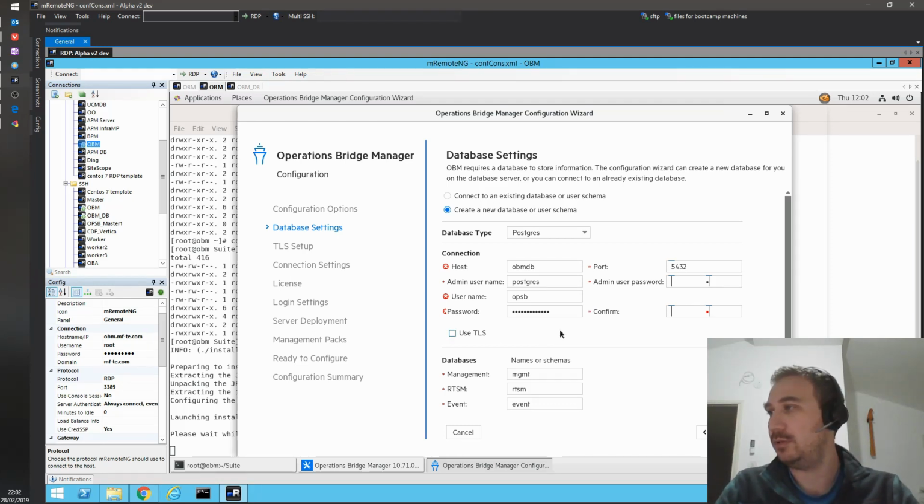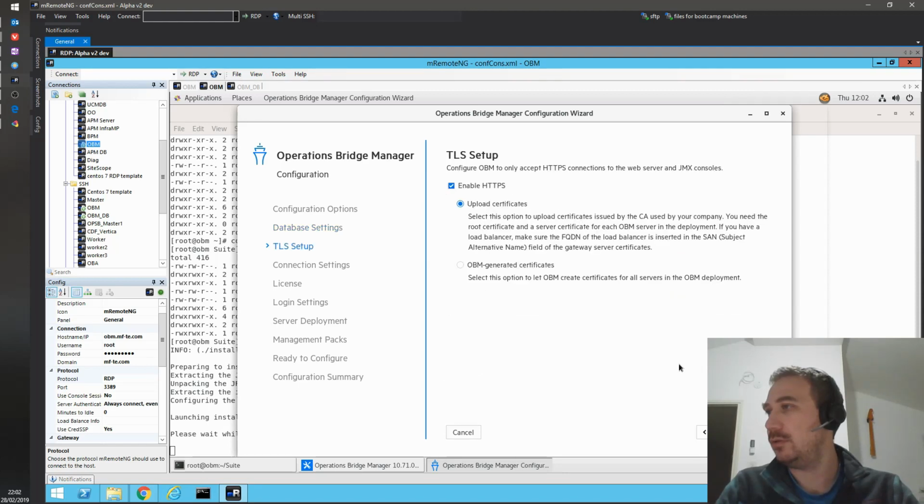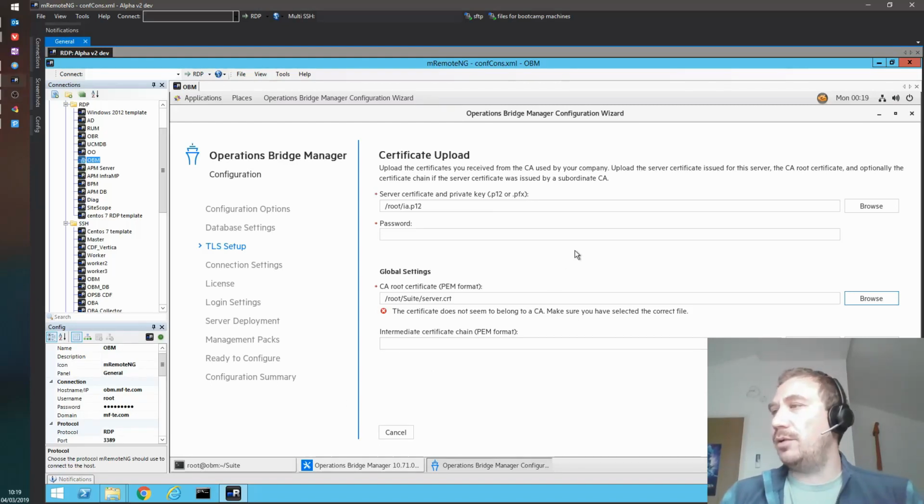TLS. No, we're not going to use TLS. So that's our TSN event, and it doesn't want to. Ooh, it actually worked. Okay, so here in the wizard, we chose to upload certificates, and the weird thing,